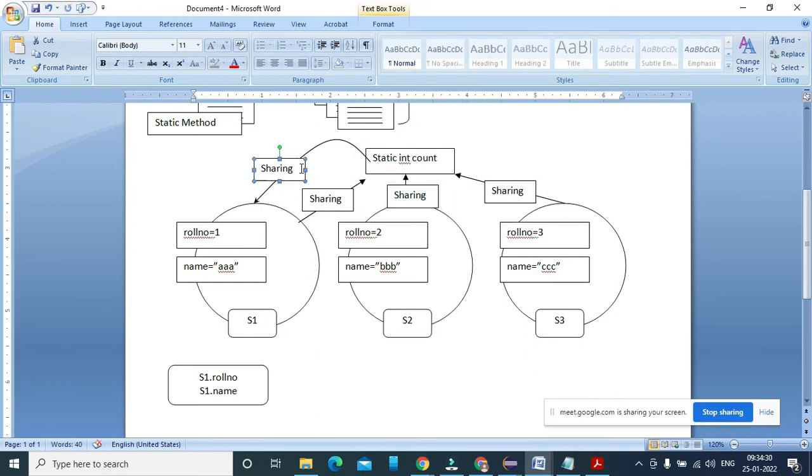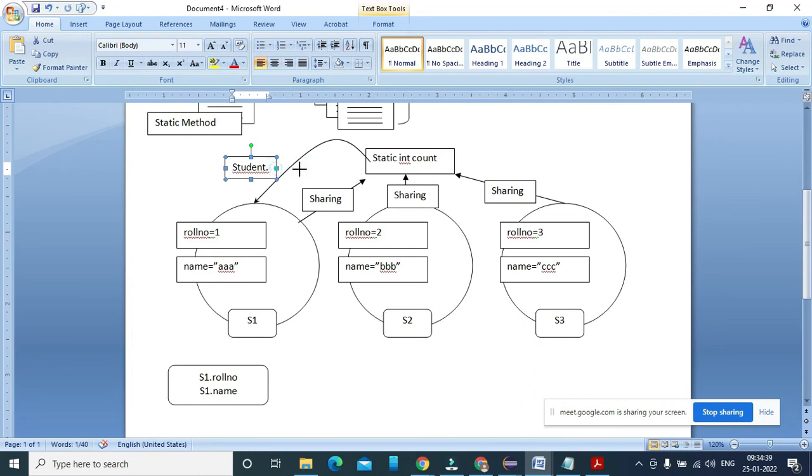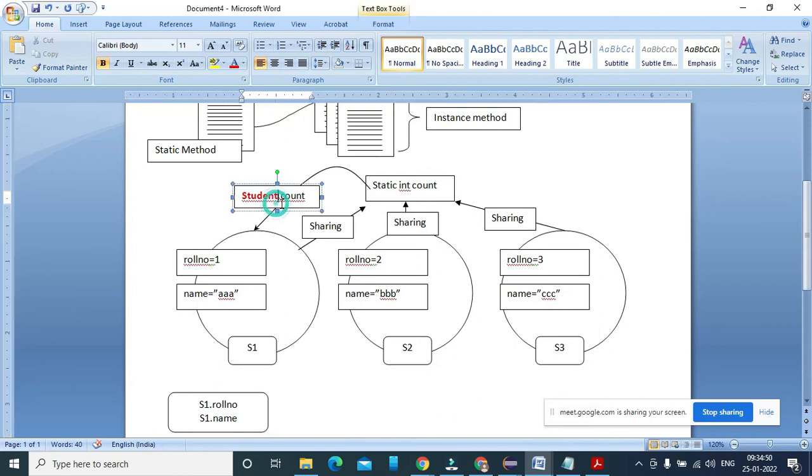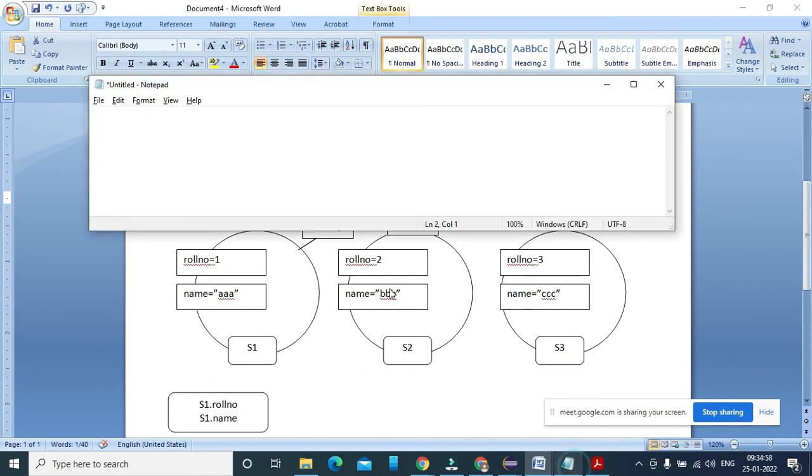तो मैं यहाँ पे student dot count बोल के उसको एक्सेस करूँगा. So same thing, student dot count. You are using a class name here. So remember, class name is important और हमेशा क्लास नेम यूज होता है, इंस्टेंस नेम नहीं होता है इस वेरिएबल को क्लास का. So if you remember, there is a class in Java called JFrame.